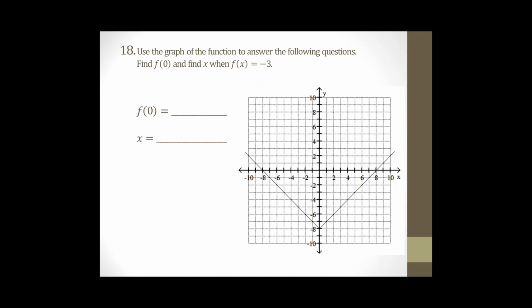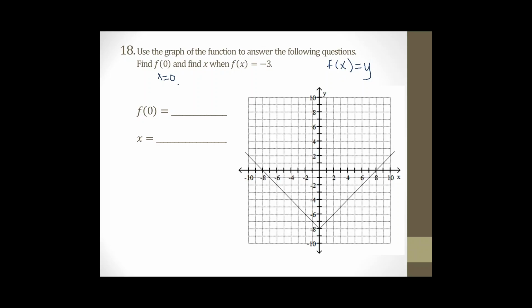Okay, number 18. Use the graph of the function to answer the following questions. Find f of 0, and then find x when f of x is -3. So remember that f of x is the same thing as y when we're thinking about the x and y coordinate plane. So f of x is just called function notation. But basically, let's look at the first one, f of 0. So basically, when x equals 0,